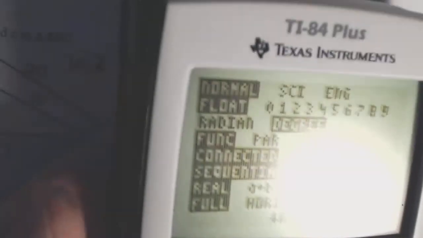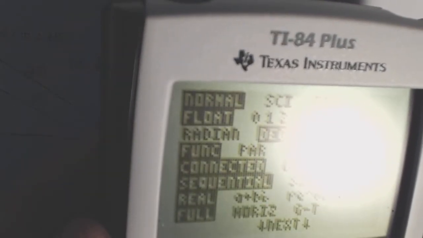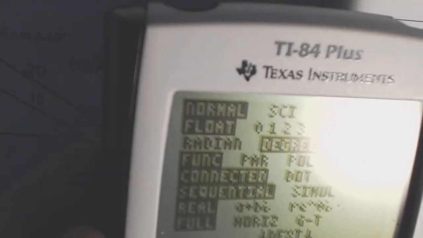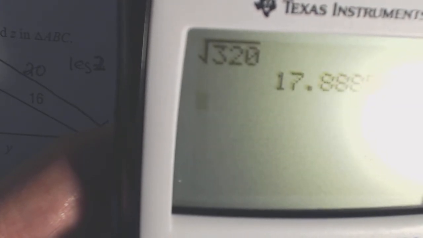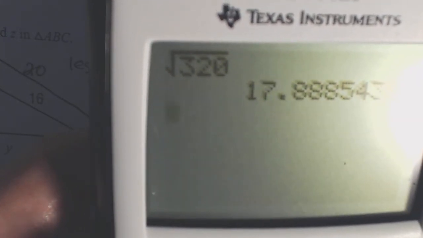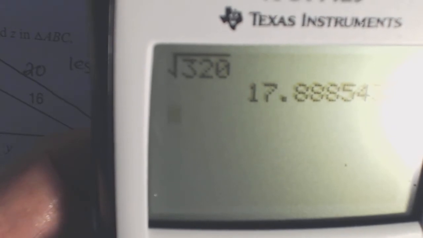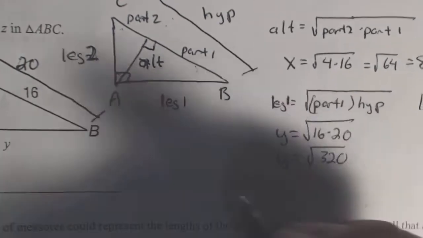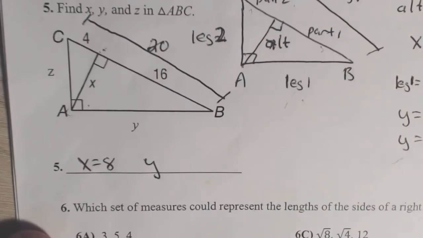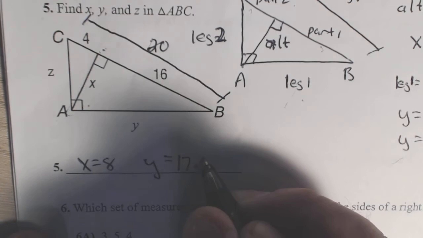So I've got my calculator here, and I'm just going to do the square root. Okay, so I got the square root of 320. And that's 17 point, depending on how we do it, let's say we're rounding to the nearest hundredth on the test, 17.89. So y over here is 17.89,